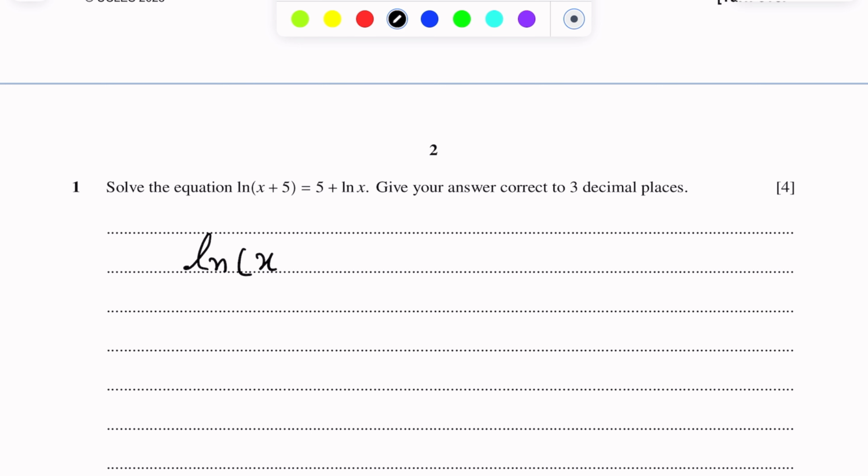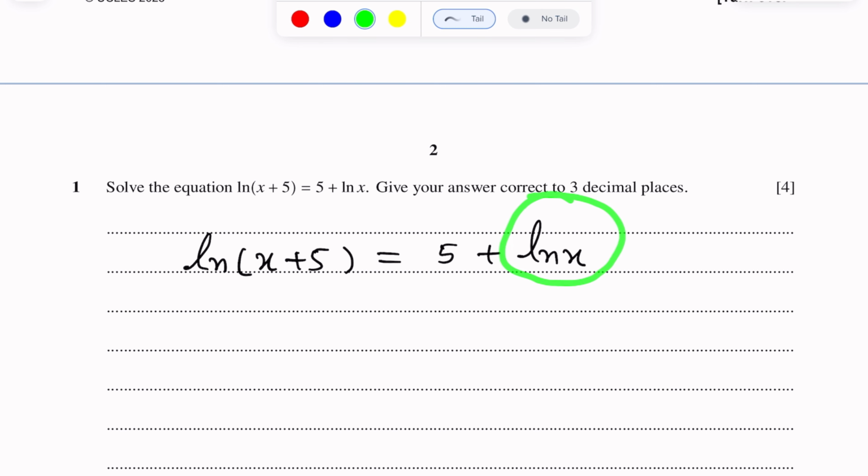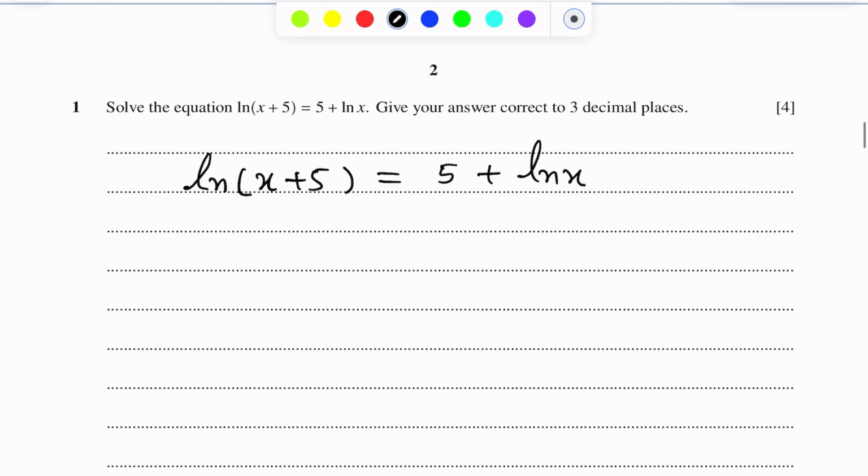ln(x + 5) = 5 + ln x. We take this ln x, this term on the right hand side, and move it to the left hand side. Log terms will be collected. We can write ln(x + 5) minus ln x